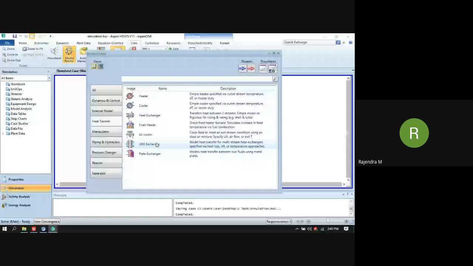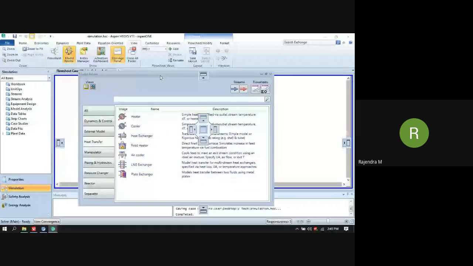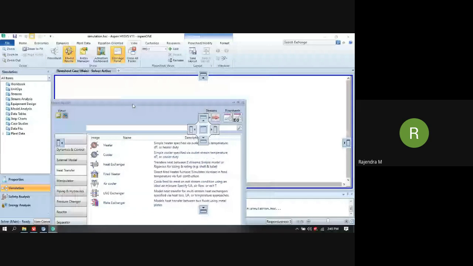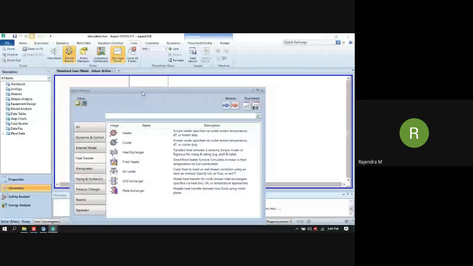You can select based on your requirement, depending on what type of model is required for your process. Mainly we will discuss the different models and when they have to be used for different applications.